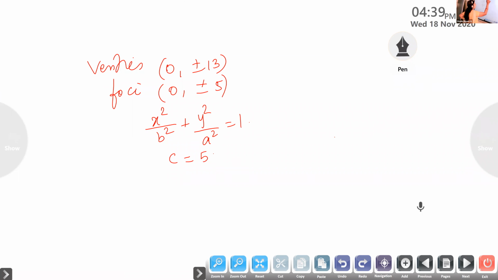This one you can compare it. It is of the form 0, plus or minus A. This is 0, plus or minus A. Okay, Krishna Chandran, it is correct. Now, Rijas, calculate and tell me what is the value of B square.